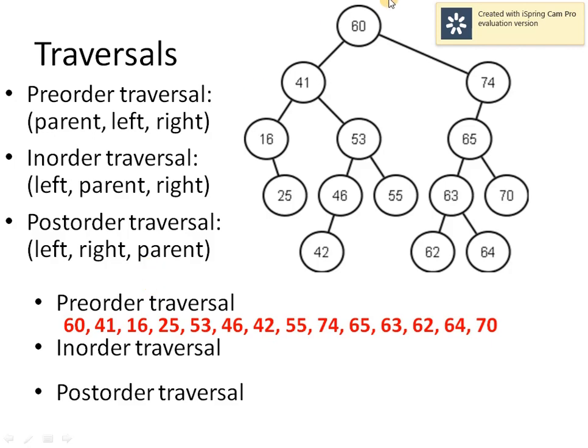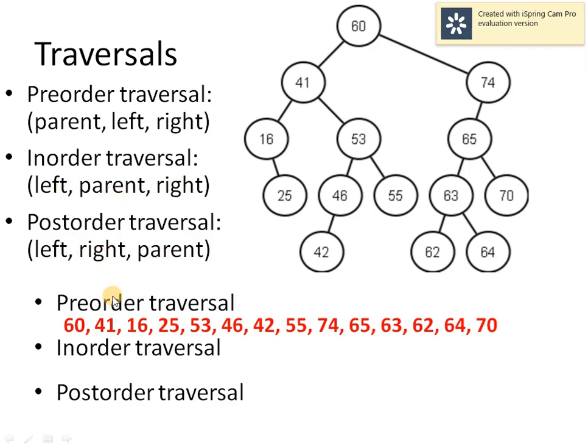So pre-order means we will visit the parent first. The parent node is 60. After visiting the parent node, I have to first visit the left part completely in pre-order manner. Then we can visit the right subtree in pre-order manner. As far as visiting the left subtree and right subtree is concerned, it is a rule that we have to visit the left subtree first, and only then the right subtree. This sequence is maintained in all three traversals. You can observe: parent, left, right; left, parent, right; left, right, parent.